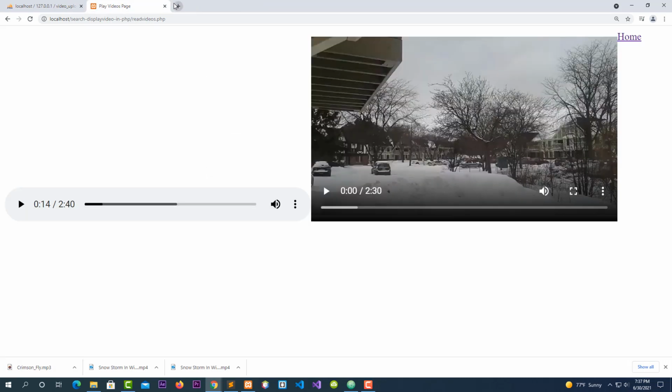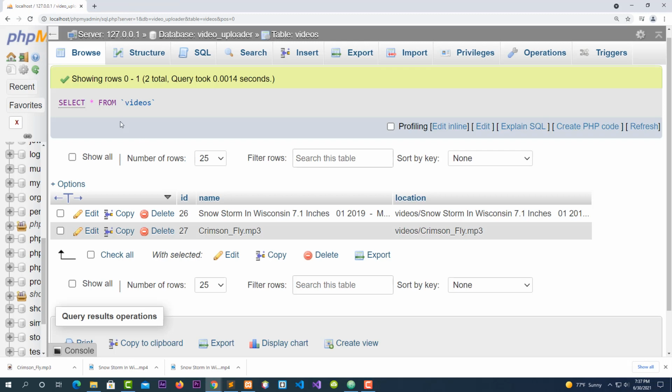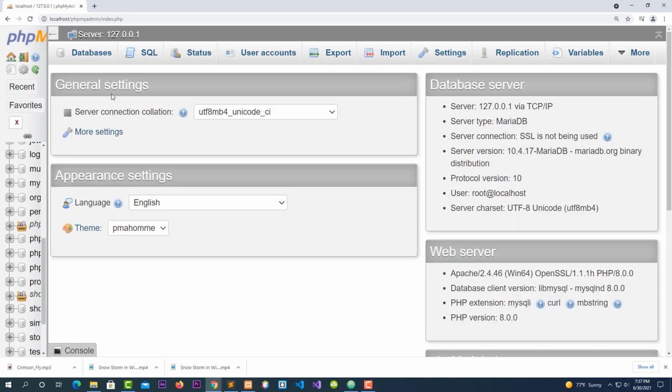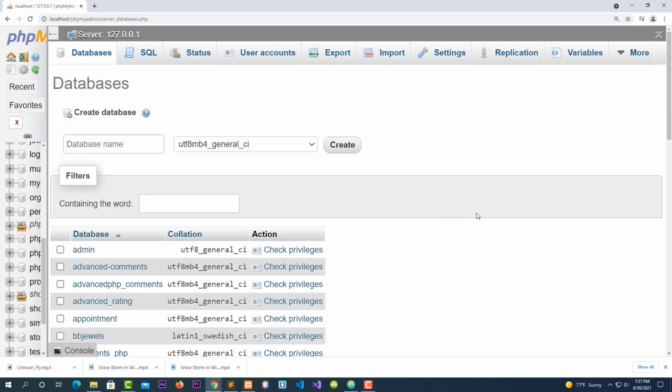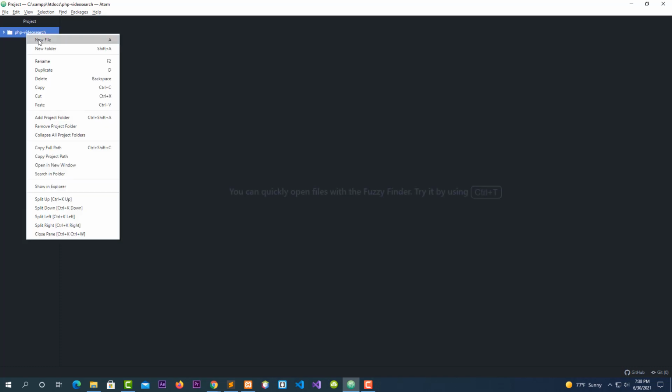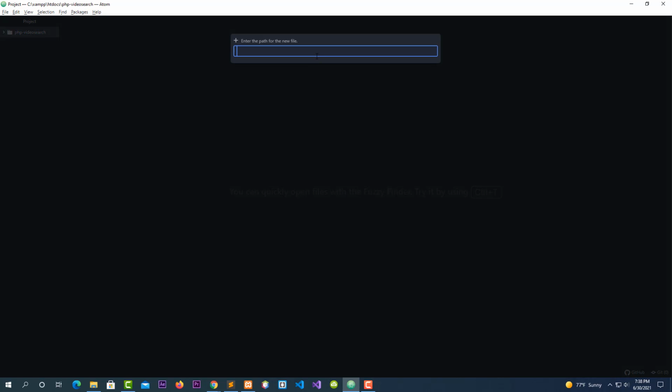And we don't need this. Okay, now let's get started. Click on database. Okay, open your code editor. And here's my main folder. I call my main folder PHP-video search. Right click, create your main folder. Right click. Now let's create